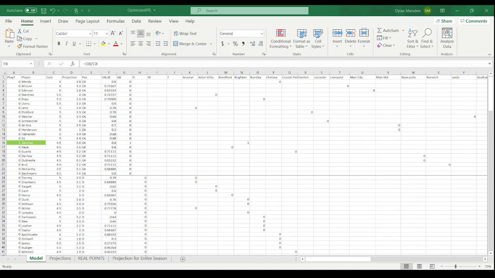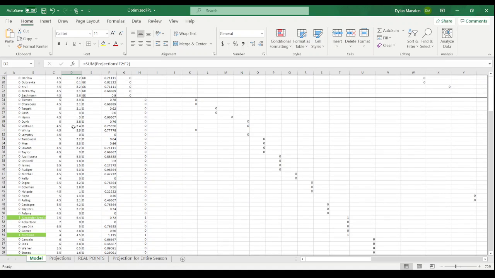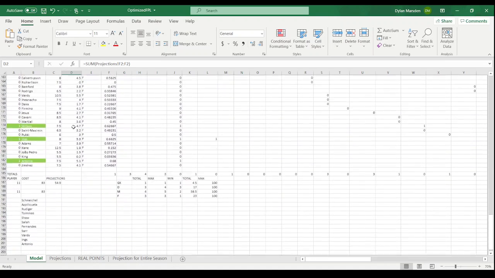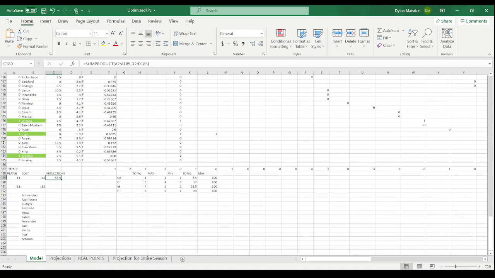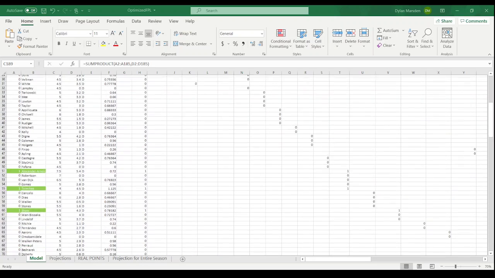Getting that out of the way, let's quickly look at how the spreadsheet works. Firstly, the solver is designed to maximize points projection. The points projections are listed here, and they are summed at the bottom right here. Now that we see where they are being summed, we want to know where they're coming from, right? They are coming from Fantasy Football Hub. That is where I'm getting the data for my projections. Let's hope that they have a good algorithm and it helps with a lot of the decisions I make this